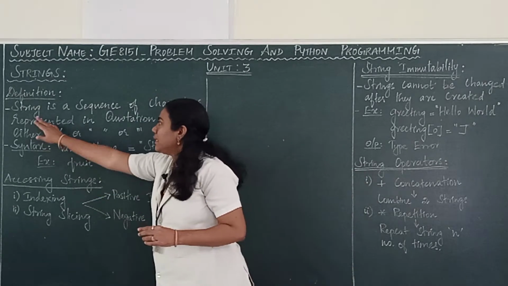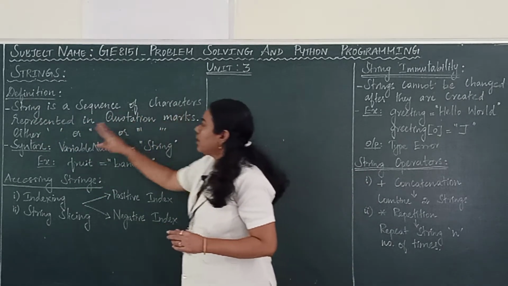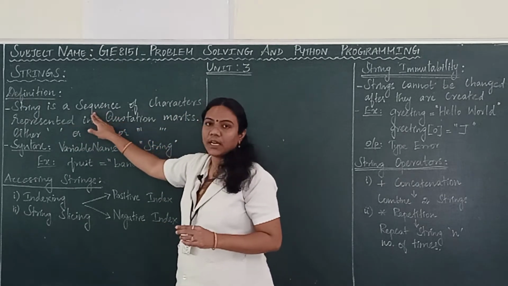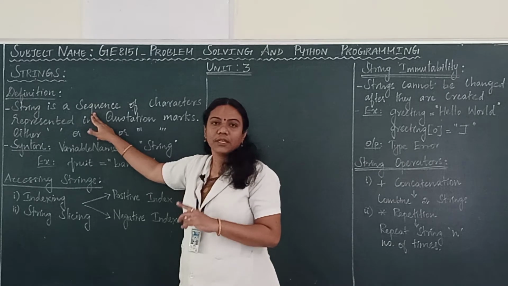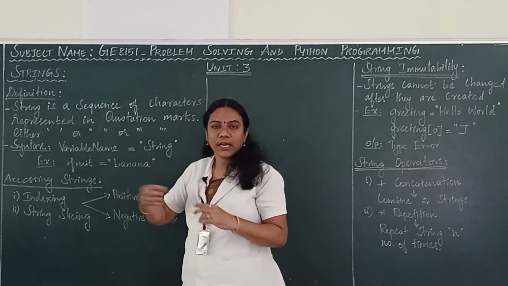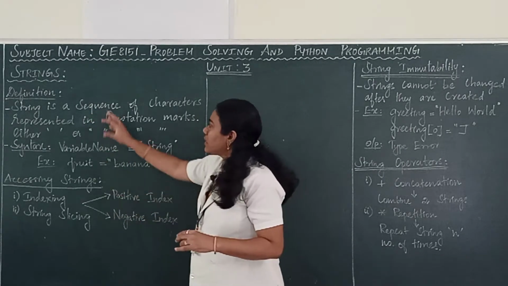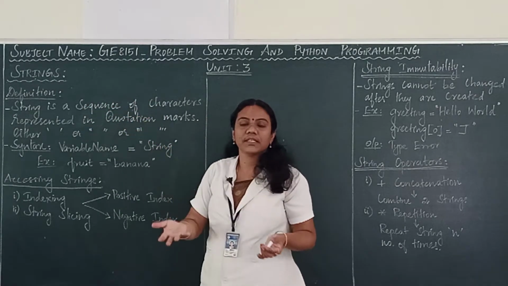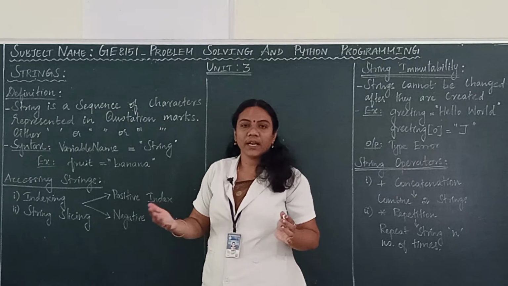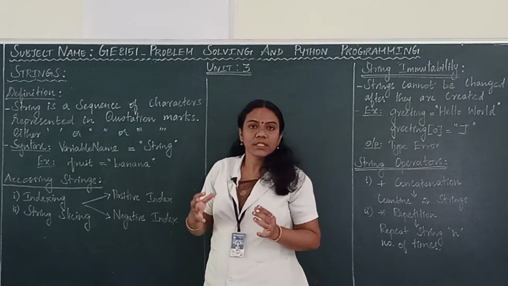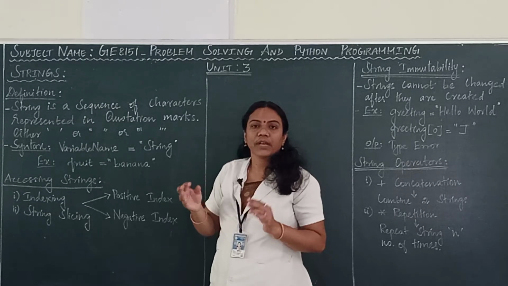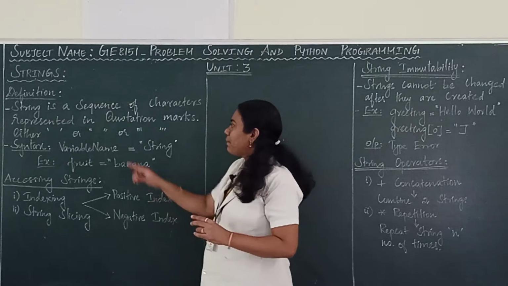A string is a sequence of characters represented in quotation marks. What is meant by sequence? We have already studied the word sequence. Sequence means one after another, in a continuous manner. So a string is a continuous collection of characters, but in order to denote a particular collection of characters as a string, it must be represented inside